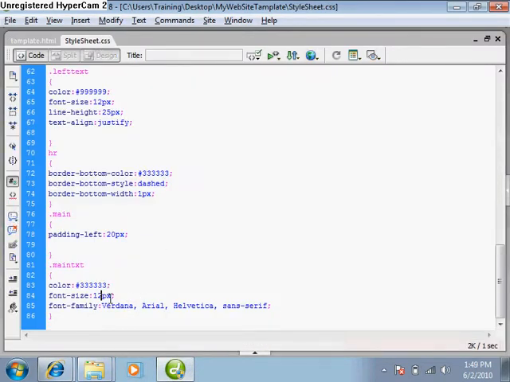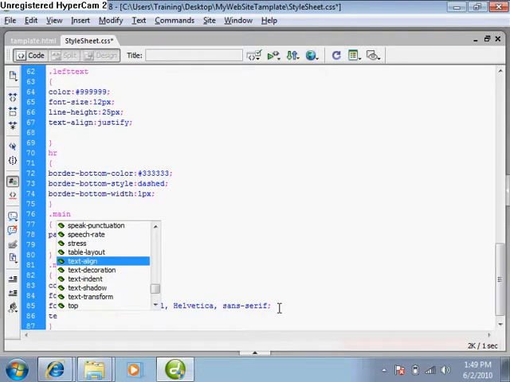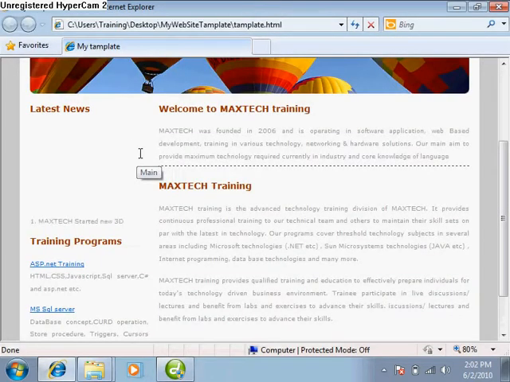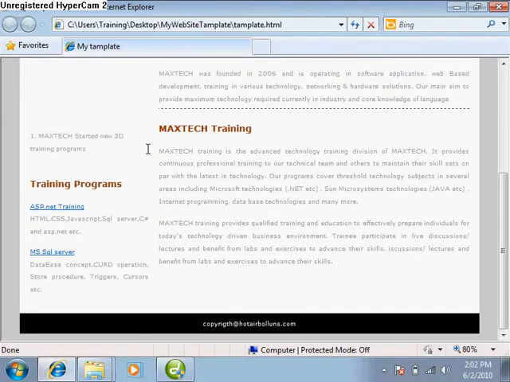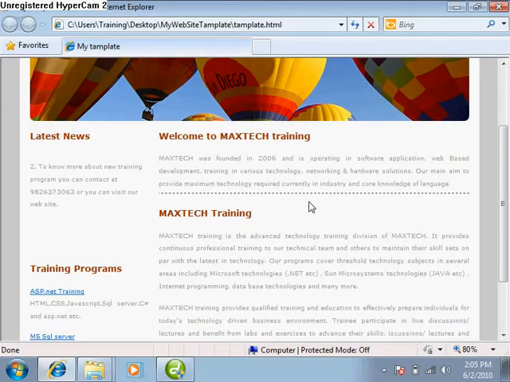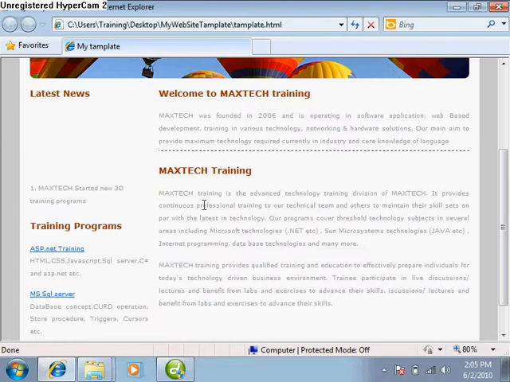Just go to the style sheet and write text align, justify. So I have made some changes directly, and I did not record this because you can easily